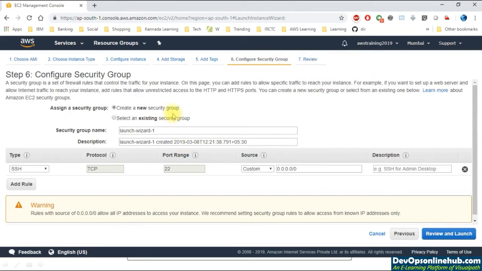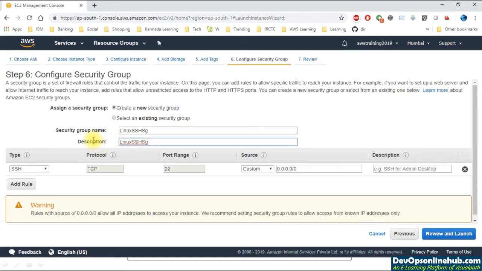Security group is just like a firewall which helps me to protect my machine. Since this is a Linux box, I'm going to create a new security group with the name Linux SSH SG. Linux virtual machines basically operate on port number 22 if you want to log in over, and that is basically called the SSH protocol. So I'm going to give the name for my security group as Linux SSH SG.